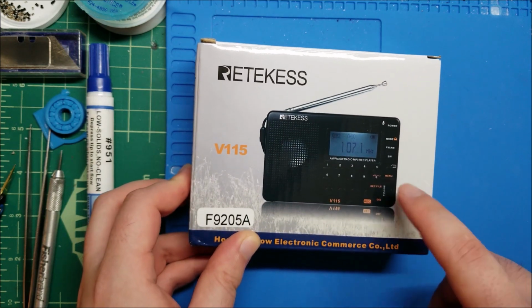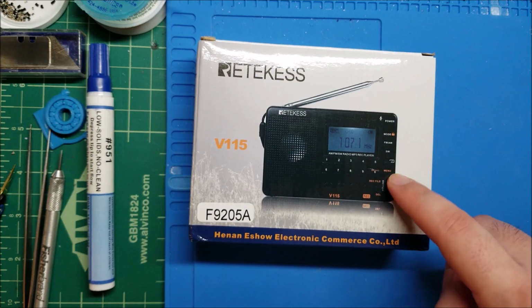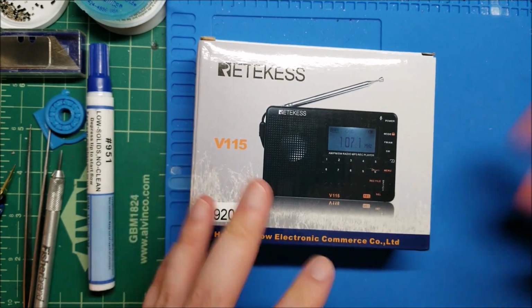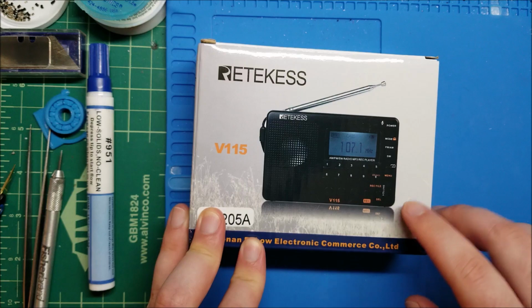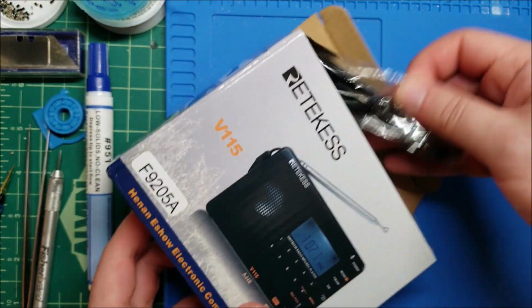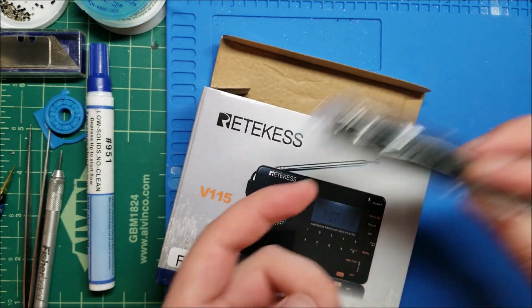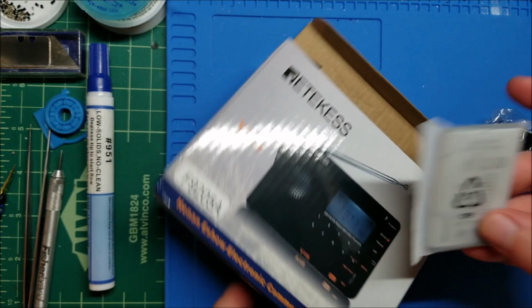What interested me was this isn't just a digital radio. It actually has built-in recording functionality. It can play MP3s and do all this other stuff, so I thought that was kind of interesting, and I wanted to take a look at this. Anyway, we are just going to pop this open, and this is actually rechargeable, so micro USB, and it uses